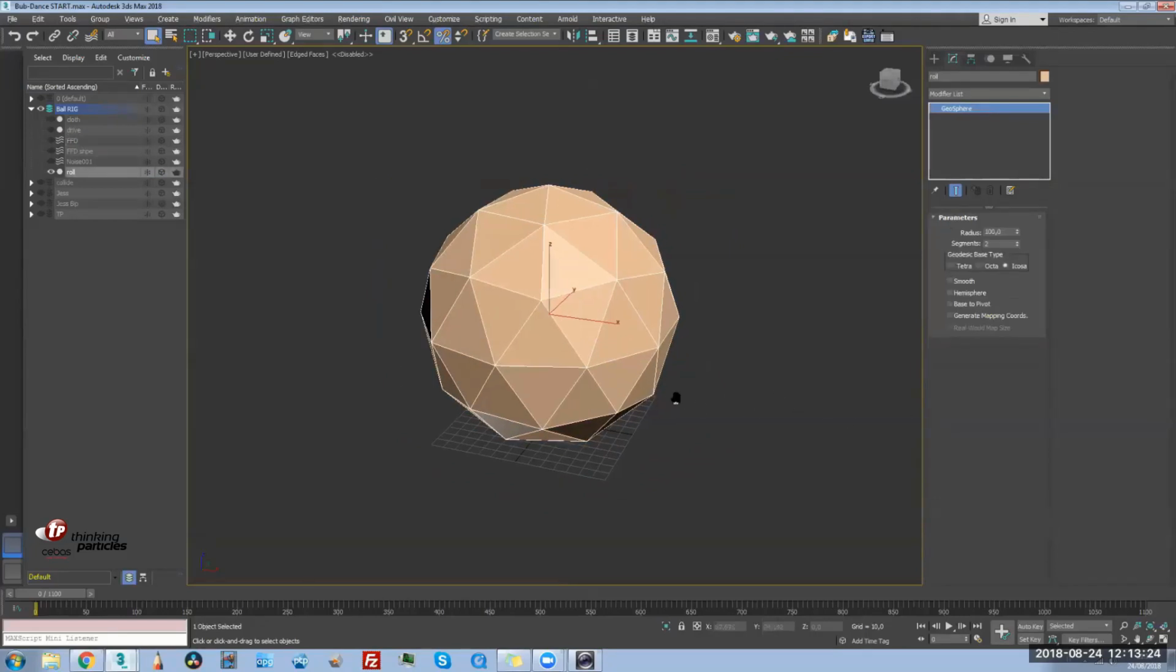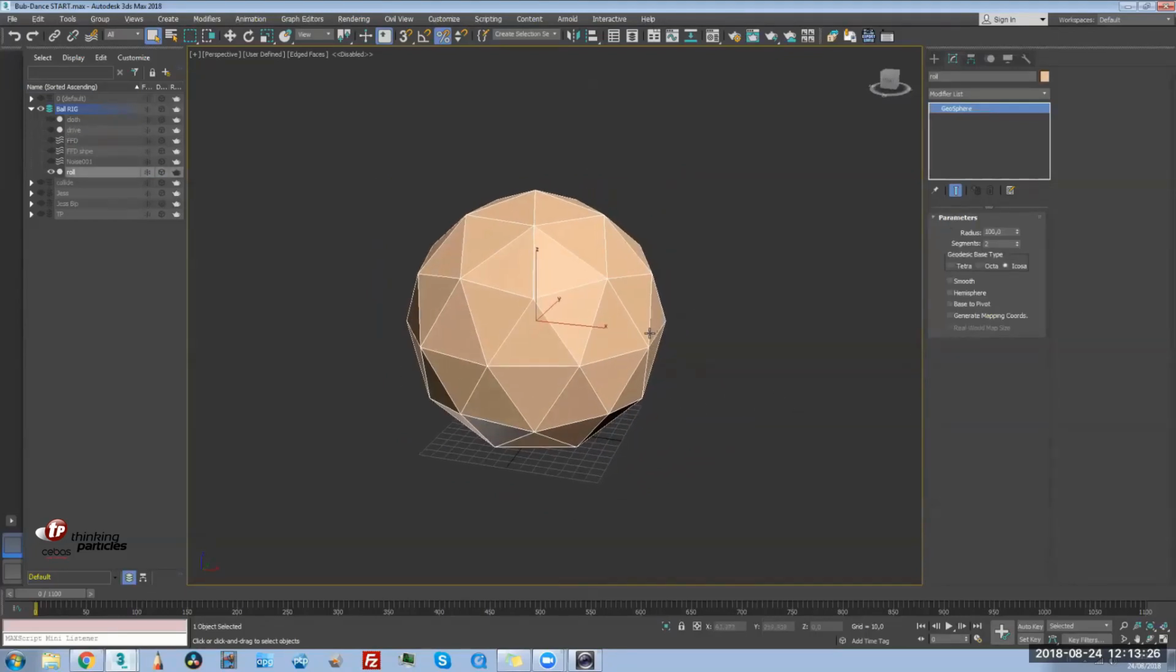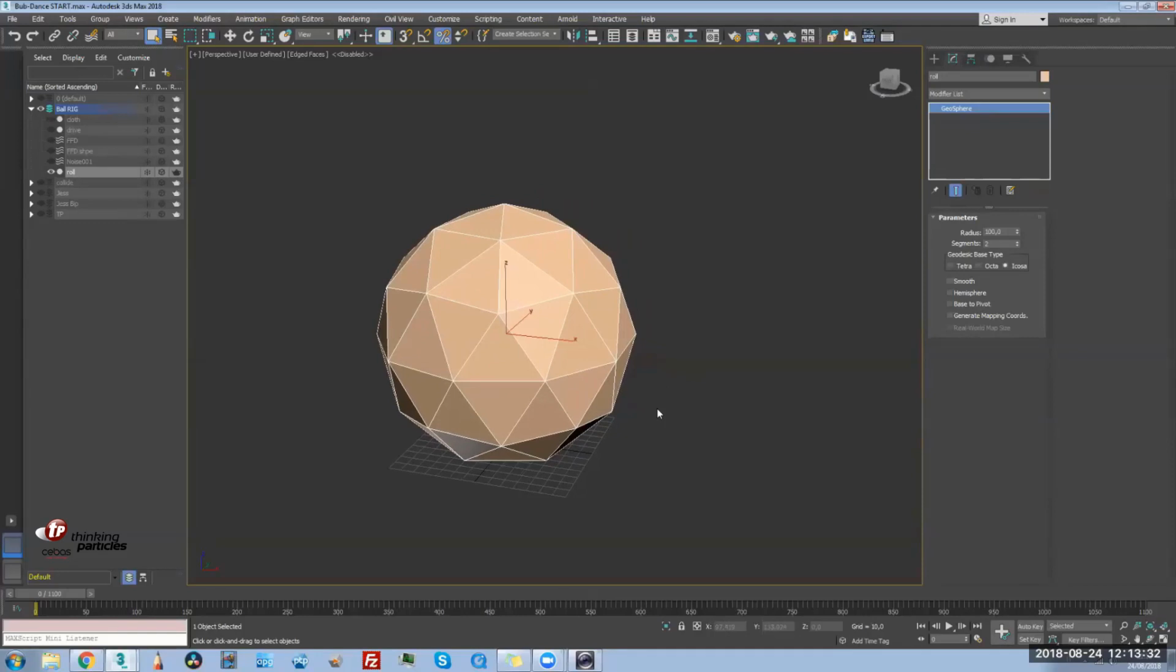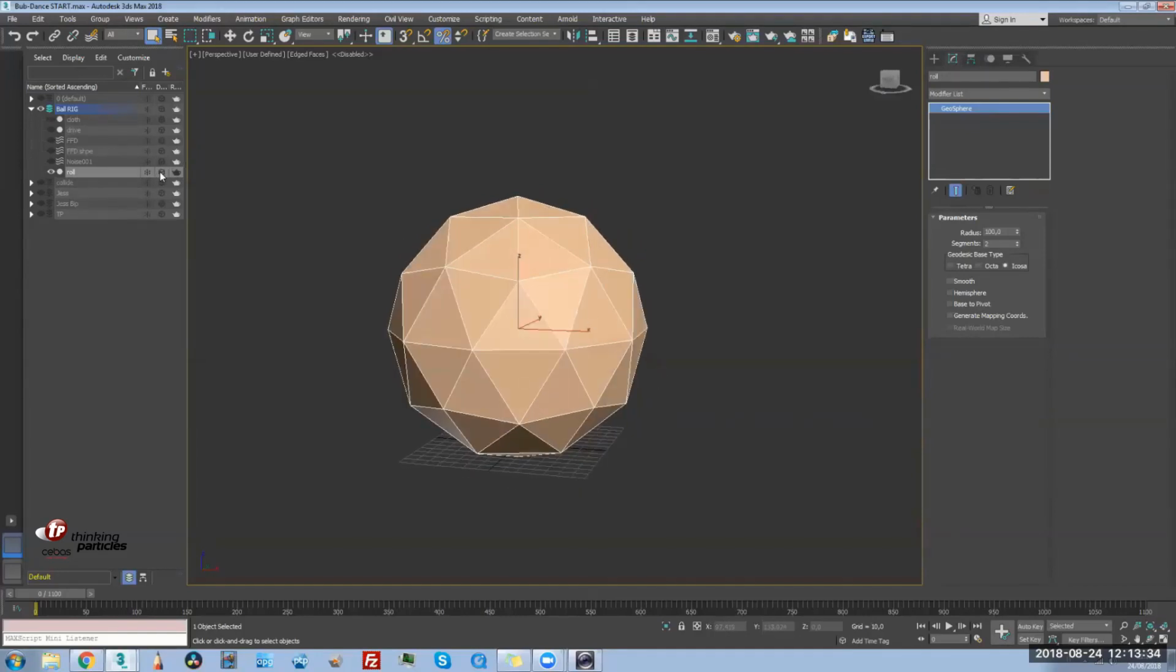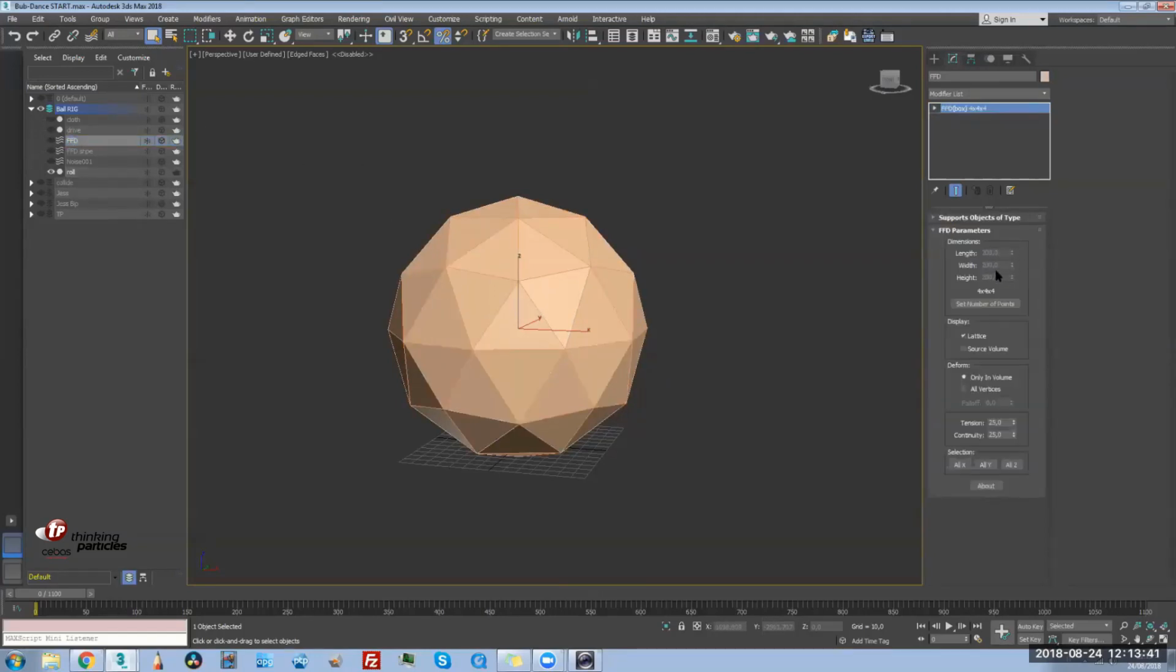Then we have one more sphere. It is a helper object. This object basically controls the dimensions of the freeform deformers. As you can see, I rigged the dimensions of the three axes of the FFD objects, and I used the radius of this object. And then on this object, I assigned